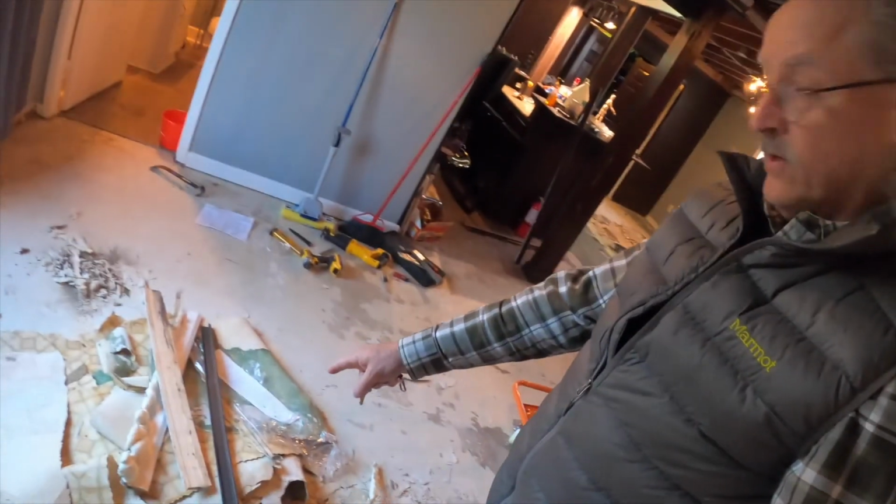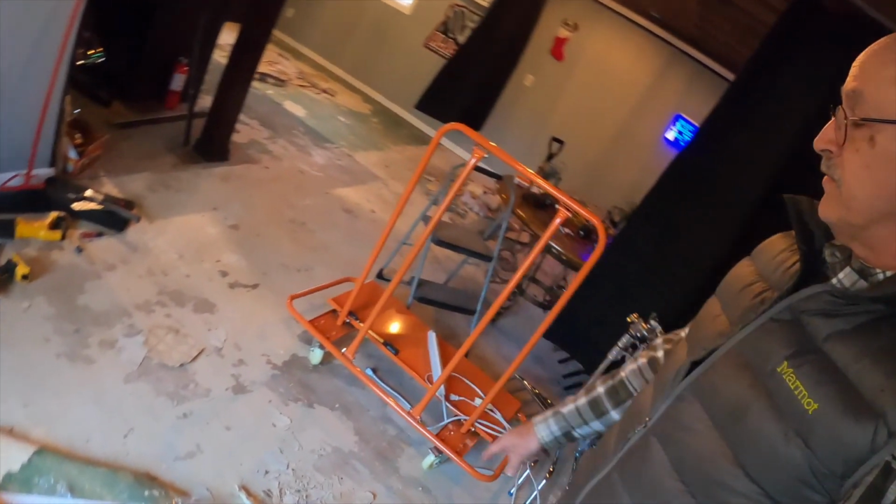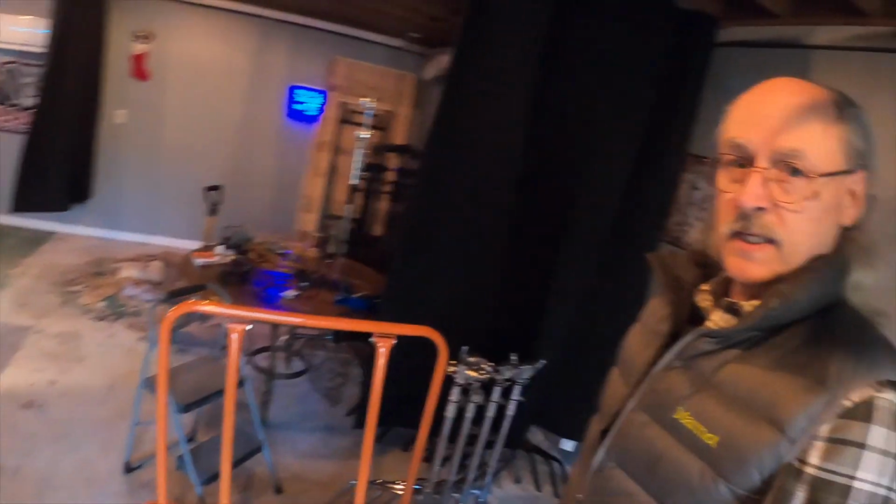All right, so now we're going into the studio. You can see it's a nice area. It's going to be nice size, work out very well. But now we can look down here and see all the stuff that's on the floor that I had to